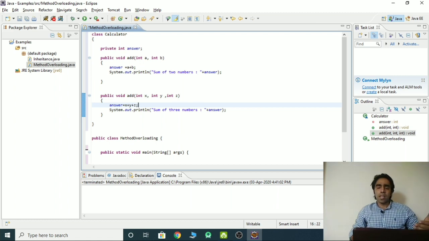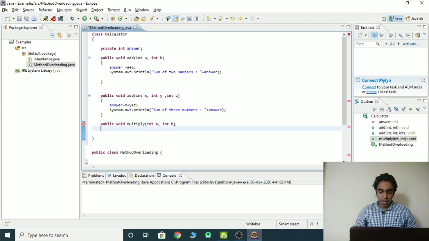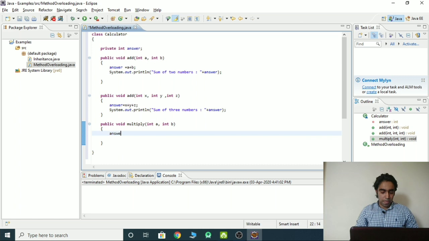Right, we can create n number of functions, like we can create public void multiply with two variables, public void multiply with three variables, three parameters. So I'm trying to create two more. Public void multiply, it is containing integer a comma integer b, and here answer equal to a into b.